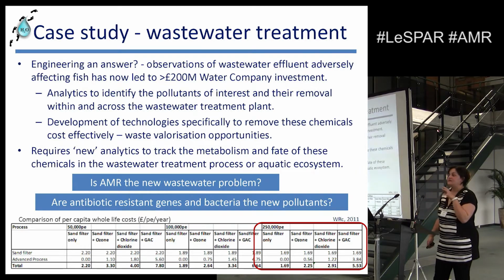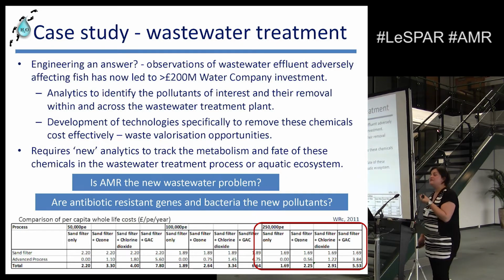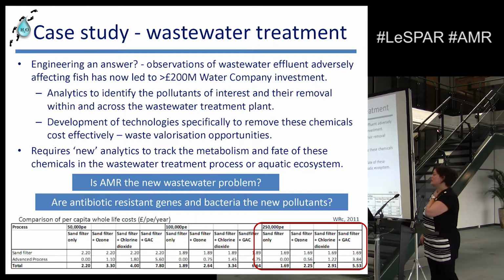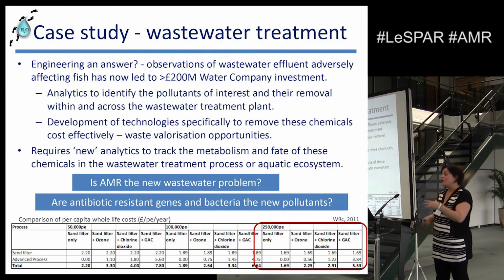It's also been looking at evaluation and also development of technologies, so individual unit processes that might be able to remove these pollutants effectively and also, importantly, cost effectively. But an example here, this is back from 2005 to 2010 when they did it. They looked at several different technologies and they're finding costs, so GAC, granular activated carbon, quite standard, just cost prohibitive.